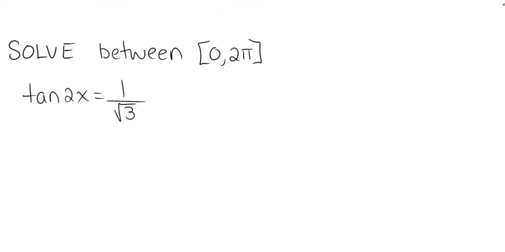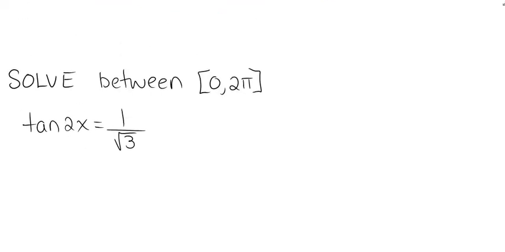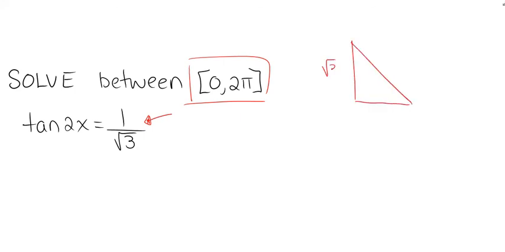Okay, and finally, the last part of the test was solving trig equations, and you had to solve it between an interval. Okay, so we've got tan 2x equals 1 over root 3. Okay, so right away I recognize these values as special triangle values. I know there's a 3, 2, 1 triangle, where this is pi over 3, and this is pi over 6. So right away I know that 2x, this angle, has to be,